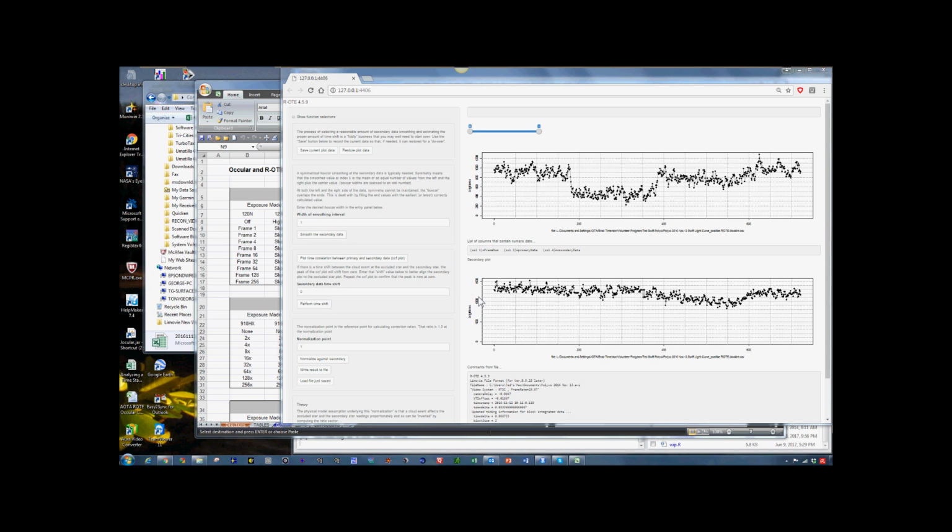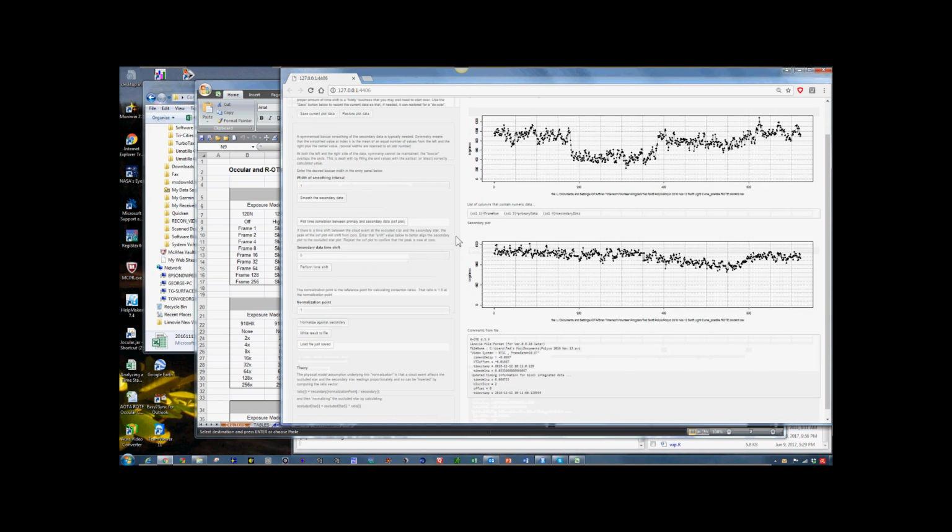We can just normalize against the light curve as is. That's one way. So let's try that first. We're not going to do any smoothing. We're just going to normalize this curve to this curve, and we're going to pick a point that's highest in the secondary curve, which happens to be around point number 1. So we're going to leave the normalization point as number 1. We're going to say normalize against secondary,